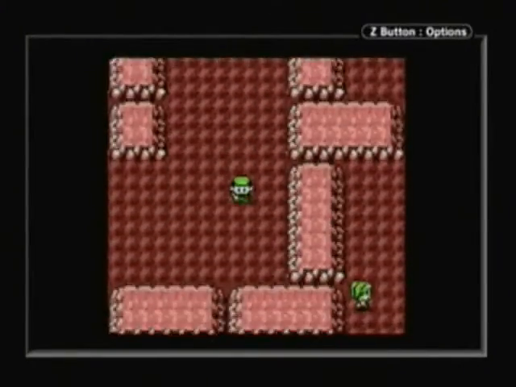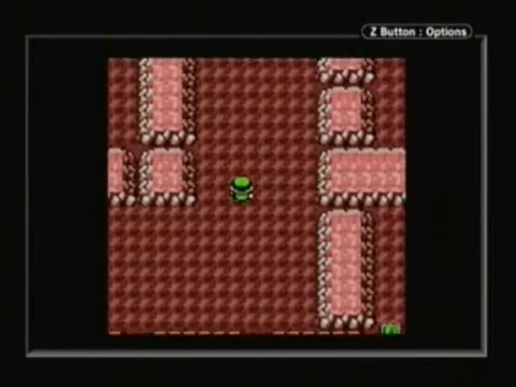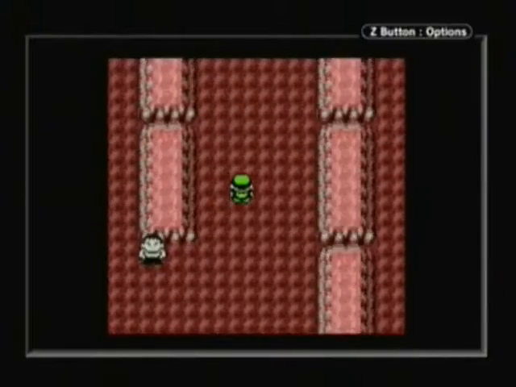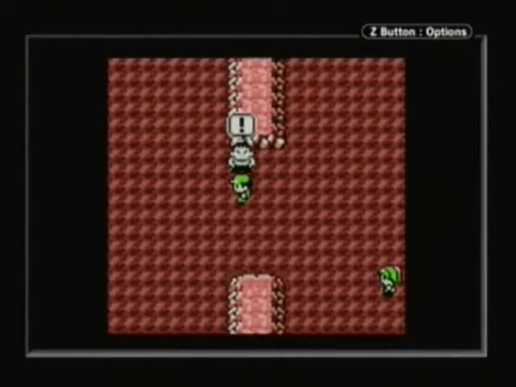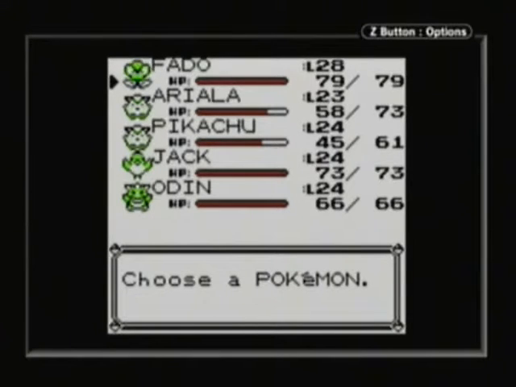I will talk a little bit more about Golem, though, as well as Graveler. Same thing could be said for Graveler. They're very defensive, but they are very slow. Just so you know about that, but if you want a good Pokemon with defense, then I guess Golem could be a good way to go. By the way, down there where I was before in that little dead end, in Fire